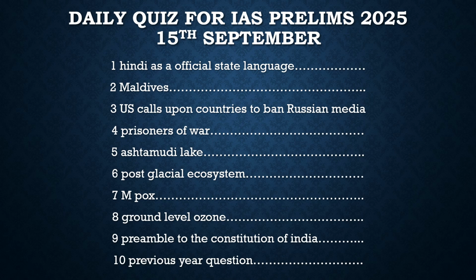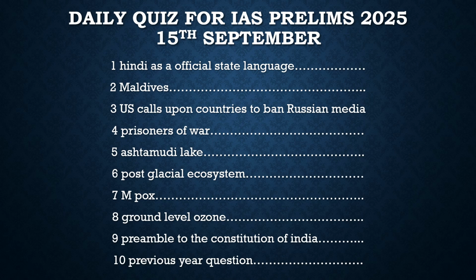After that, there was another article about prisoners of war. In it, Russia and Ukraine swapped 206 prisoners of war, and this deal was brokered by the UAE, the United Arab Emirates. Now here we will discuss a question with respect to prisoners of war, and which convention deals with it. We will discuss that in the questions.